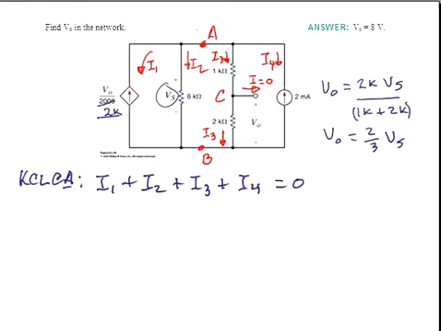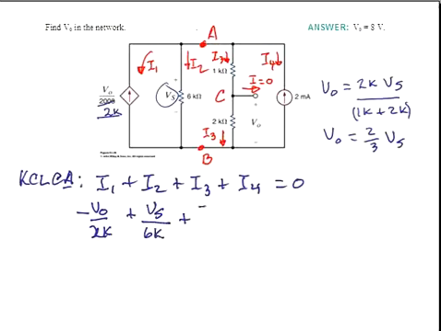Now we'll substitute in expressions for those various currents. The I1 is the strength of that dependent source, which is a minus VO divided by 2K. The I2 will be defined by the voltage Vs divided by the resistance in that path, 6K,